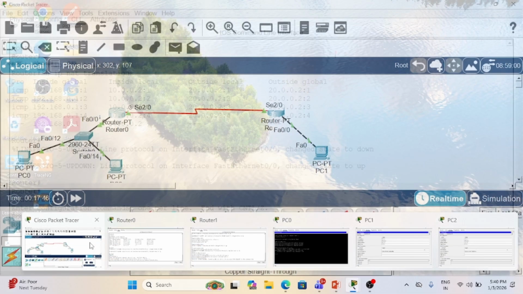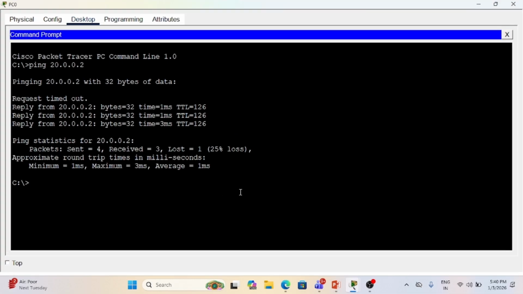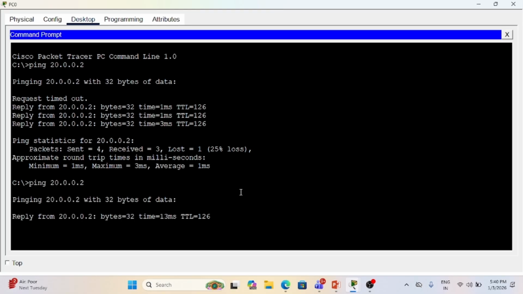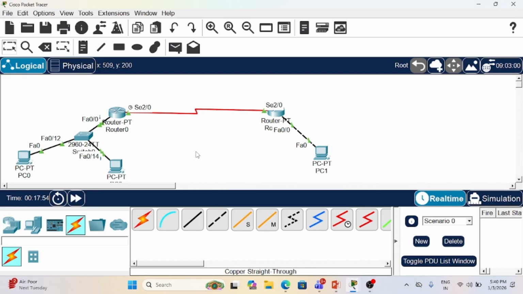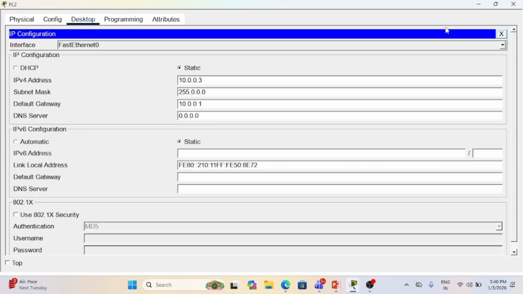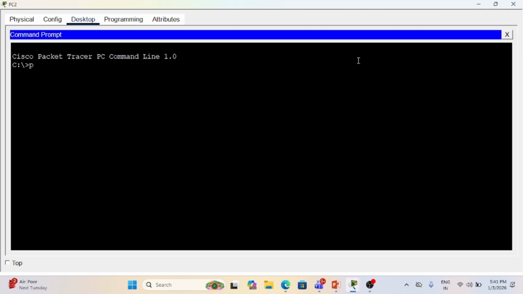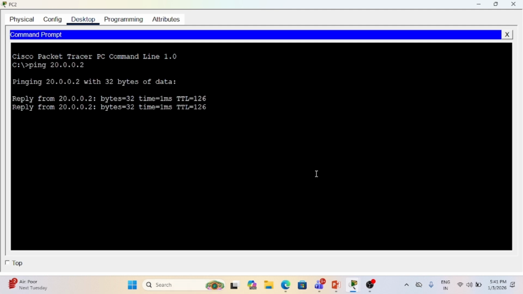So you just ping from these 2 PCs again. From this PC, pinging the 20.0.0.2, and now from the new PC, you also ping the 20.0.0.2. So it's pinging,